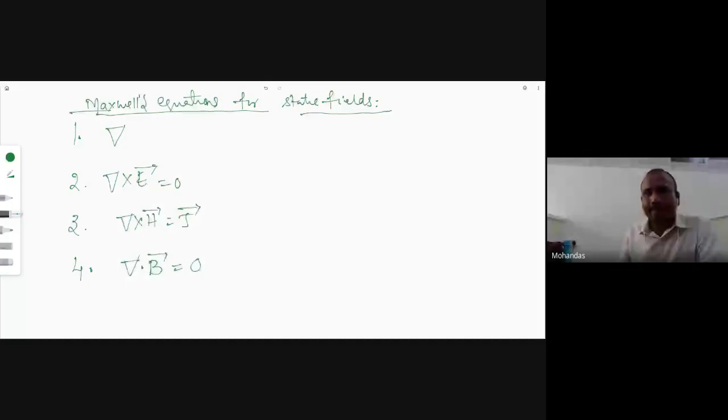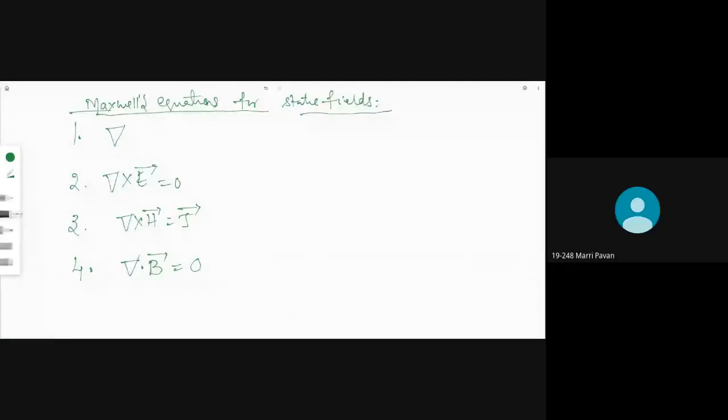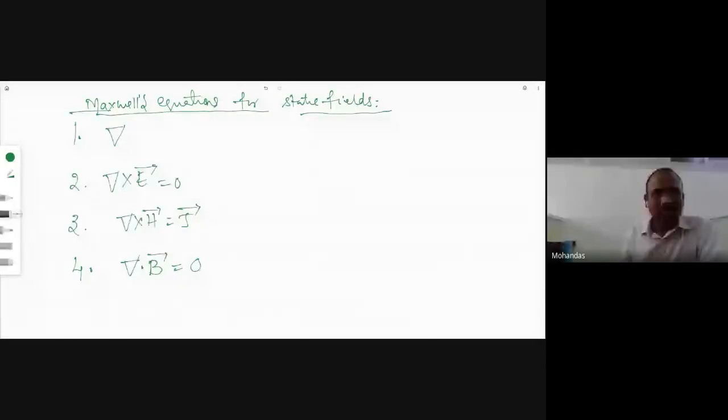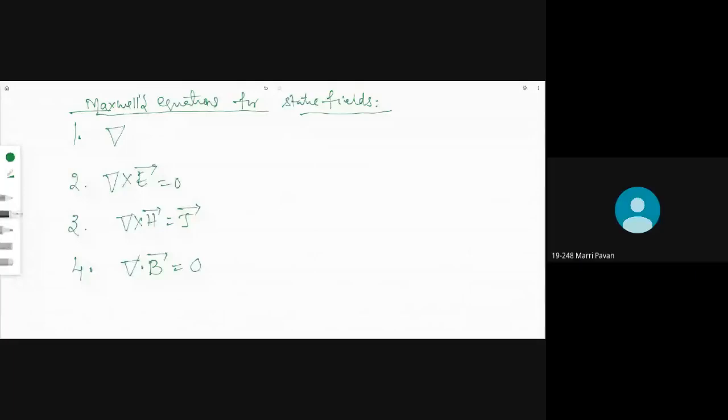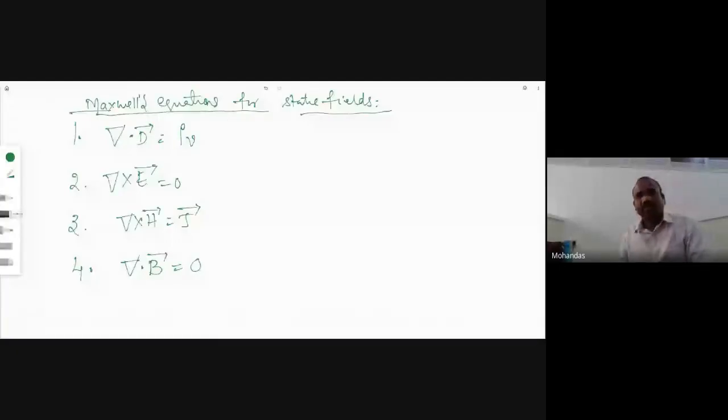Okay. Now, what is the first Maxwell equation we derived in the first unit? Gauss law, the point form of the Gauss law. Del dot D bar is equal to rho v. Not only 46, anyone can respond. Del dot D bar is equal to rho v. So this is a very important question, compulsory. They will ask to write Maxwell's equations for static fields. Only these are static fields.